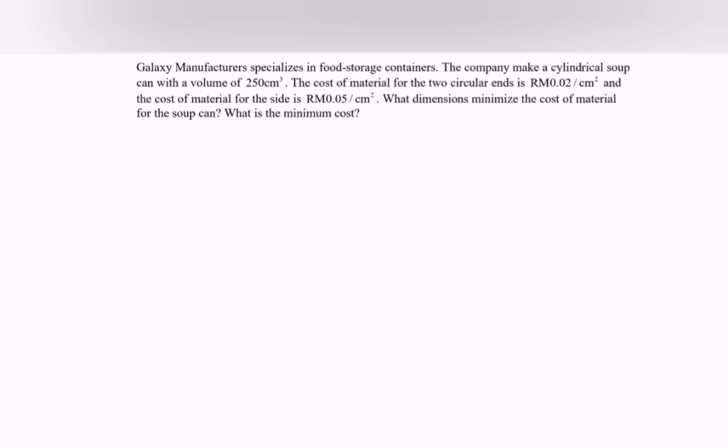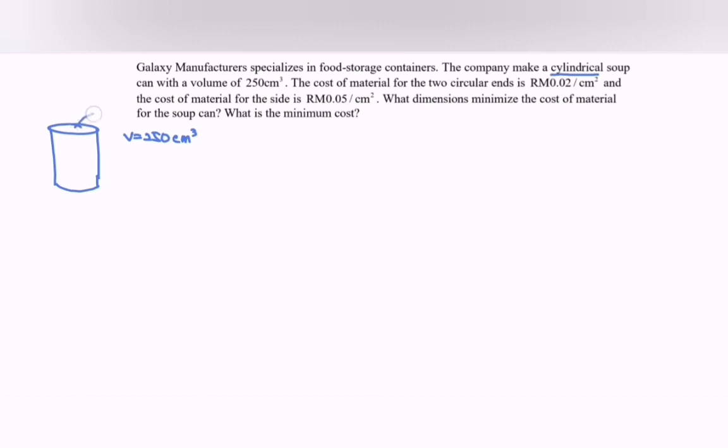Galaxy manufacturers specialize in food storage container. The company makes a cylindrical soup can with a volume of 250 cm³. So here we have the keyword cylindrical soup can. So kindly illustrate the situation. Here we have the cylindrical soup can, and they mention that the volume is 250 cm³. The cost of the material for two circular ends